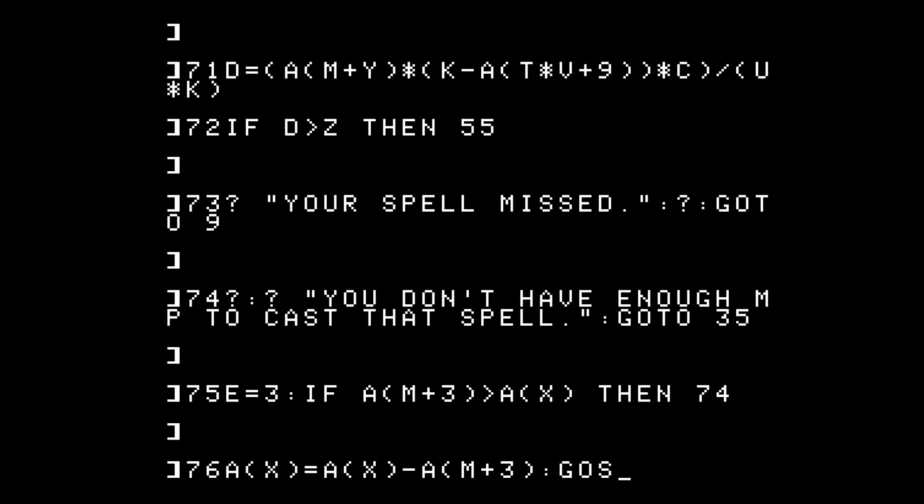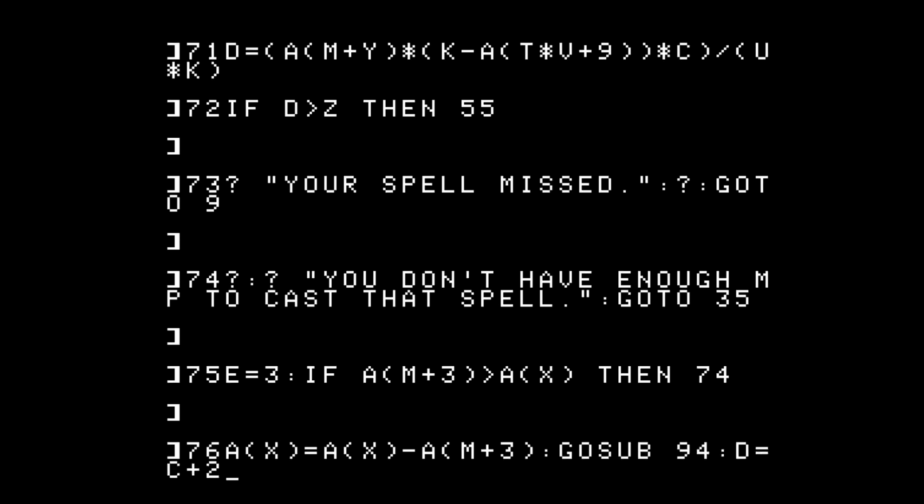Oh yes, this goes up through line number 98. So yeah, once it hits,